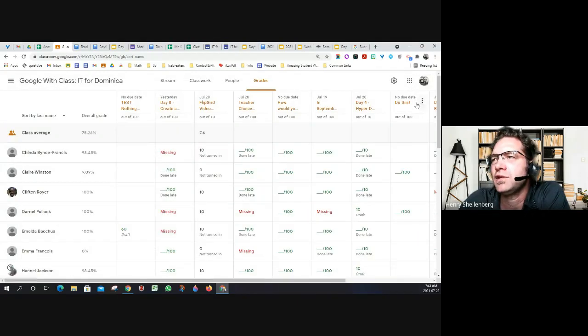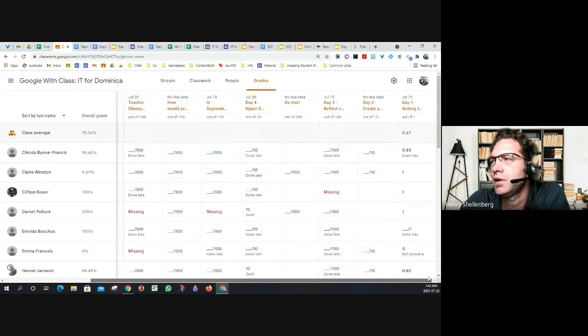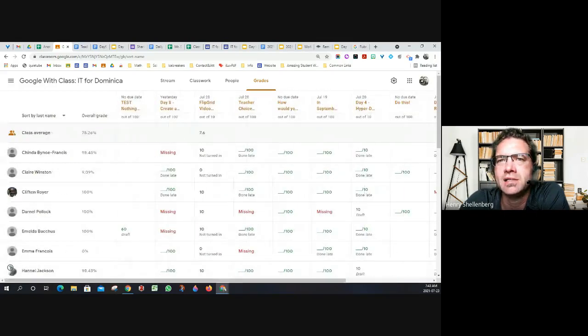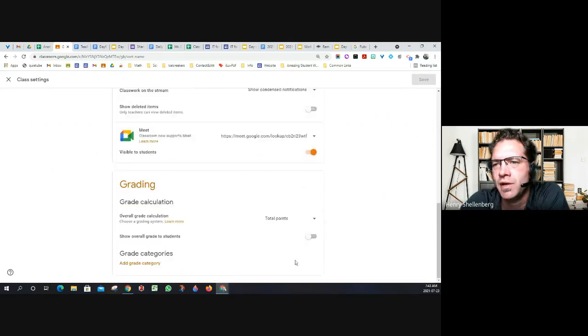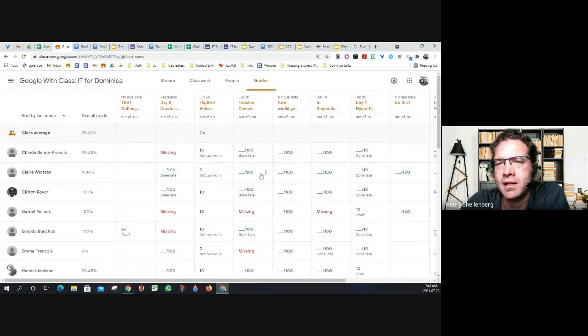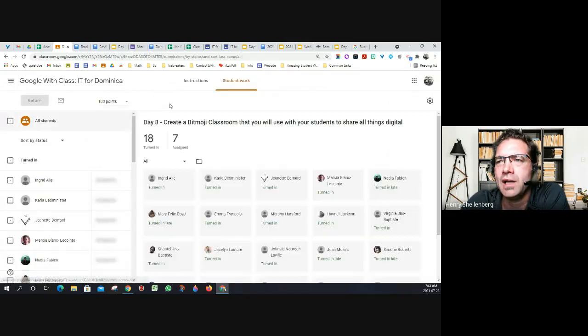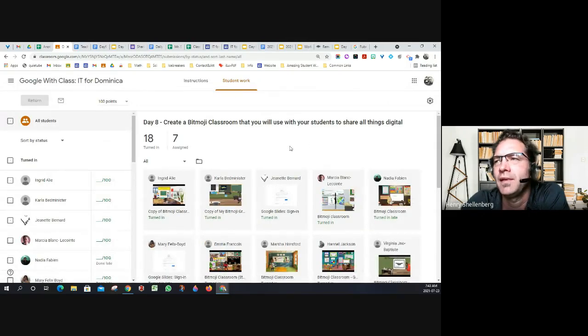But one thing that I do use here a fair bit is the download. Download everything into a Google Sheet. I wonder where that choice is. I know you can do it within every assignment. I'm just wondering if you could do it for the entire grade book. I don't know how to do that for an entire grade book, but let's say I went into this assignment here. Notice inside each assignment, there's a gear here, and it allows you to copy all grades